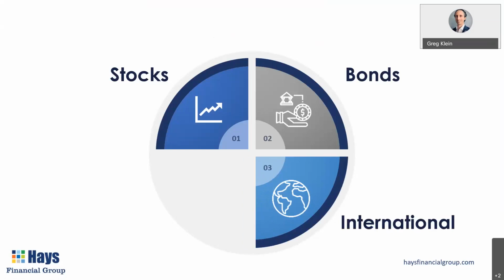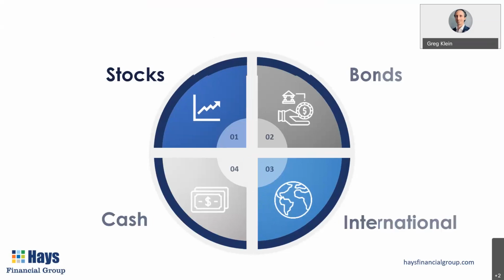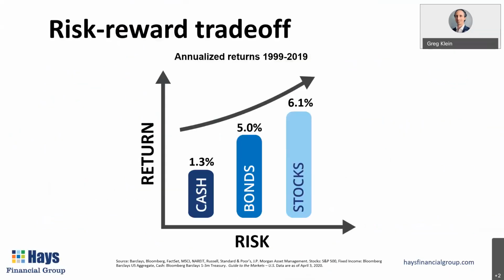Then from stocks, you can branch out outside of the United States to international stocks. That's an important part of your portfolio. And also on the lower risk side, like bonds, cash equivalents will be an important part of your portfolio. A minor part of a retirement portfolio, but an important part nonetheless. So you have these different asset classes, and the mix of investments, or the percentage that you have in each of these different asset classes, is what they call asset allocation. And that's going to be key to some of the segments that we go through in the moments ahead.